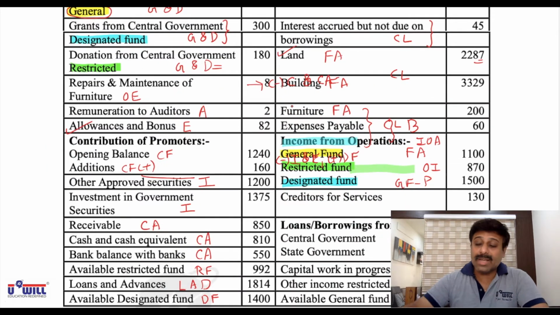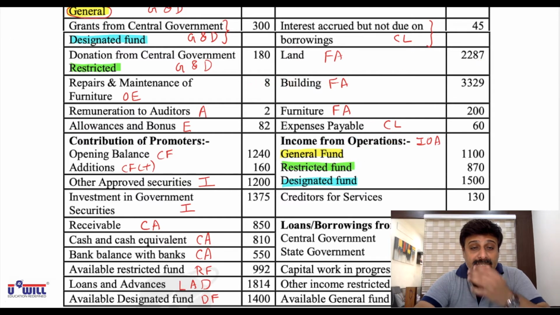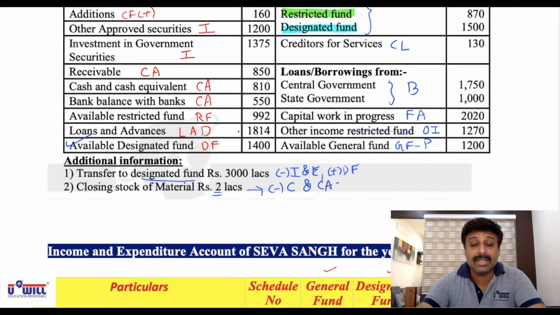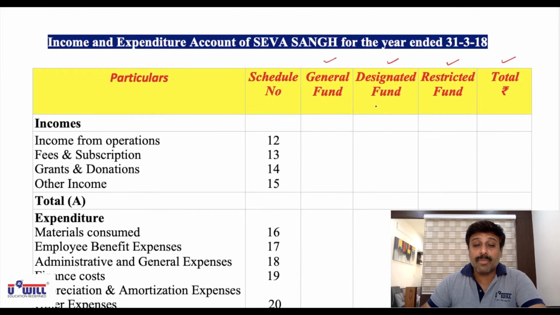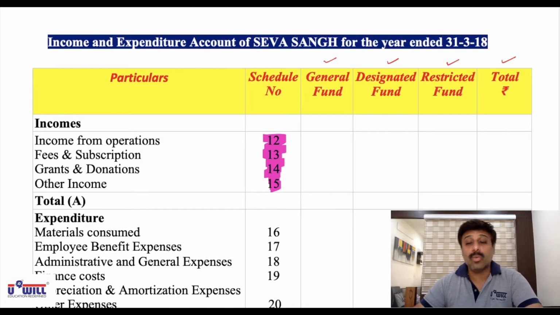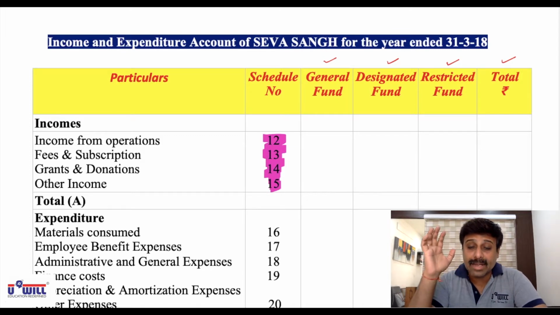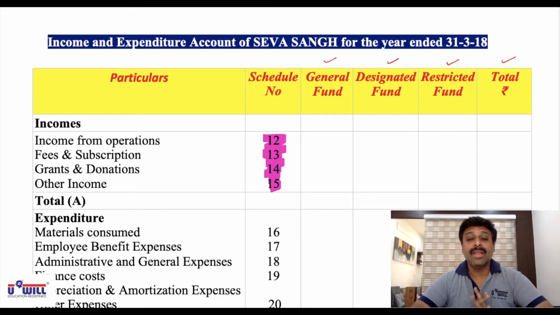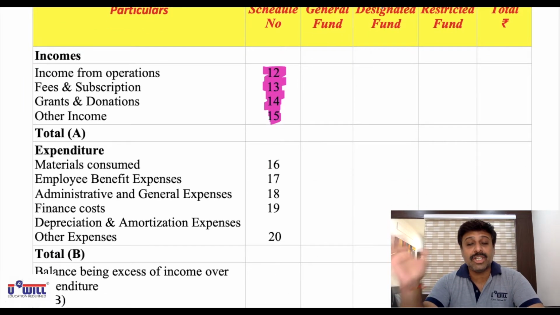Okay. So this is how we are supposed to understand when are we supposed to do it in columnar form or not. All of you are clear with this, I suppose. So in this question, all of you make this format in columnar form. And one more thing, these items which are related to incomes, we will not be making the schedules. Why we will not be making the schedules? Because we'll directly write the income in income and expenditure account itself. When it comes to 12, 13, 14 and 15, we'll not make separate schedule for that. We will directly write the amount in income and expenditure statement itself. Okay, so schedules will make from 1 to 11 and then directly 16 to 20.